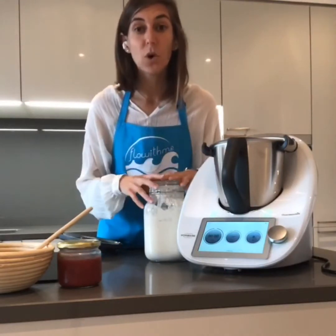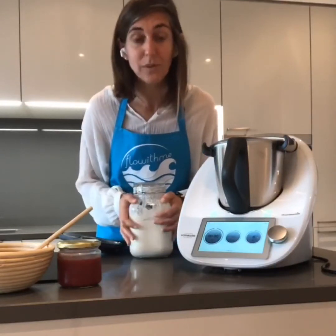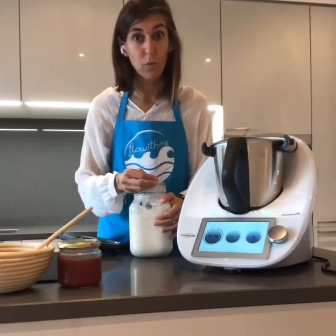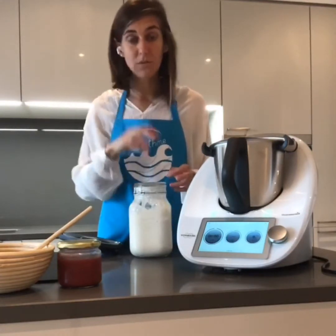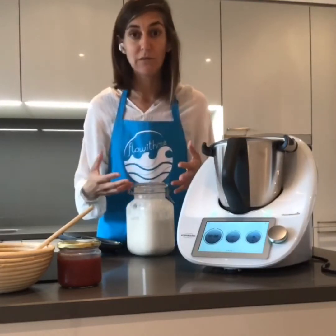So what we did was, from Sunday, I used an airtight container like this one, and what I did was I started adding every day. The first day 70 grams of water and plain flour, or if you want, you could use a rye flour as well. And the first day mix it with your fingers, leave the lid open, and for 12 hours let it rest